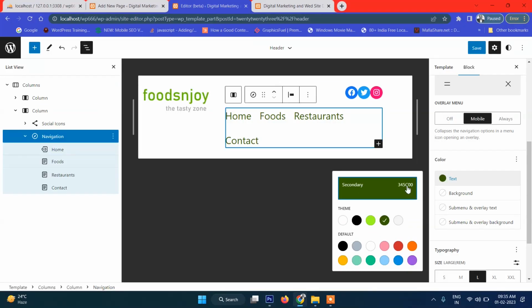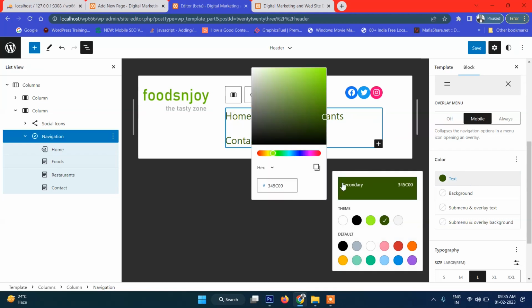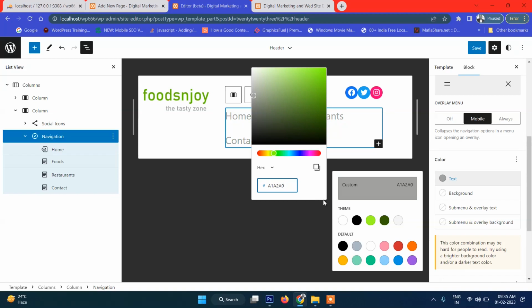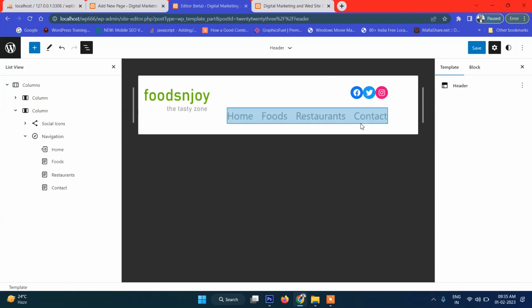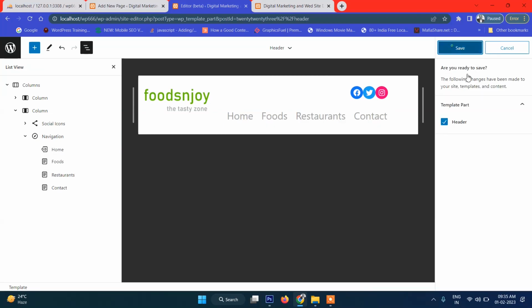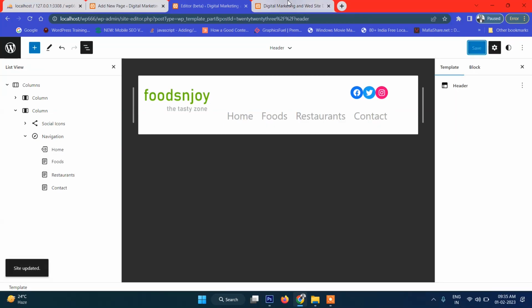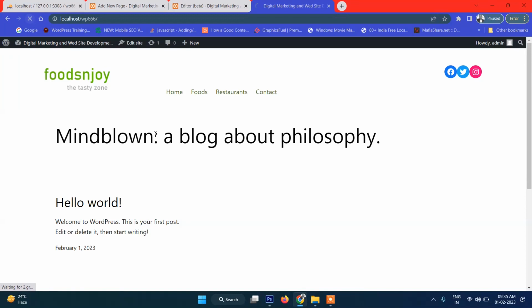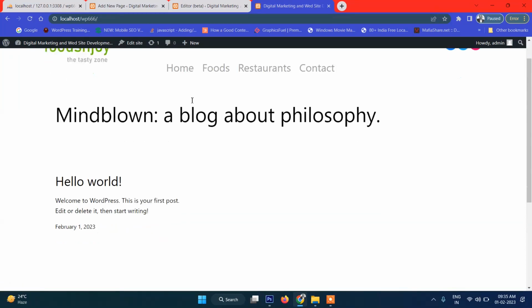Now if you go to this color section, let's paste our color here, right? So exactly our color has come here. Refresh it, and guys, you can see this is our